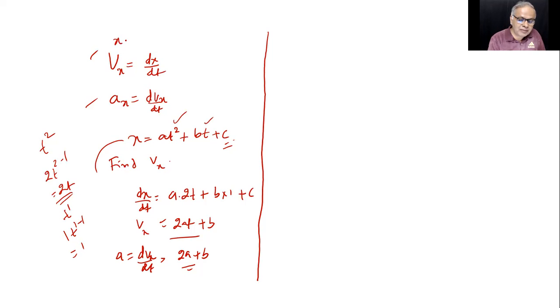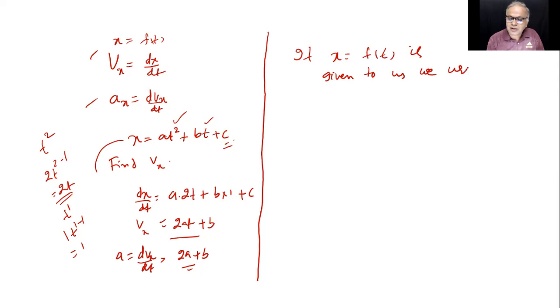Look, x is a function of time. So dx by dt is instantaneous velocity. dv by dt is instantaneous acceleration. All right. Hello. So the whole idea is this: if x as a function of time is given to us, we use differentiation to get, tell me, velocity and acceleration. Both of them we are talking in terms of instantaneous. Even this is instantaneous distance or displacement.